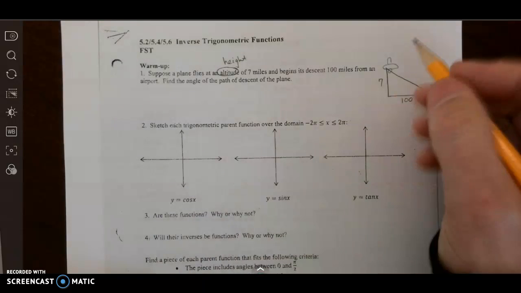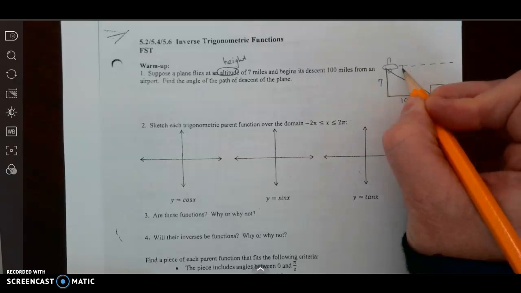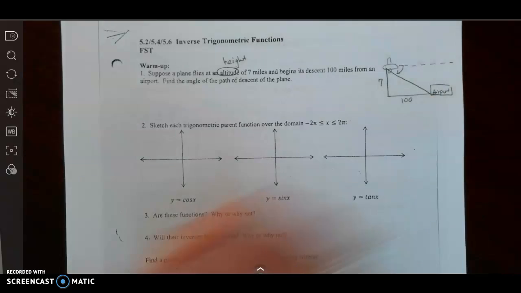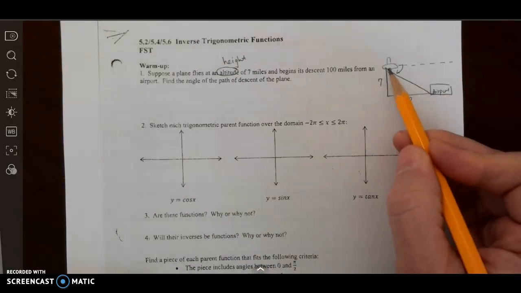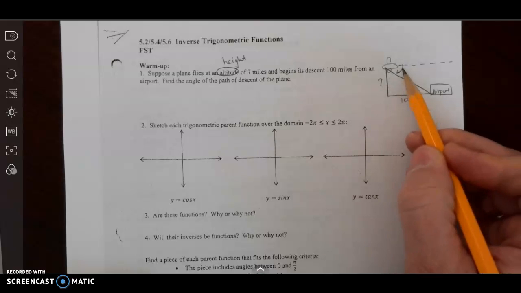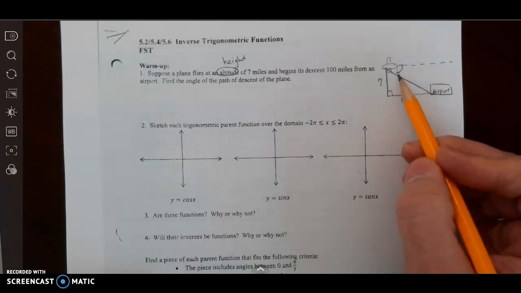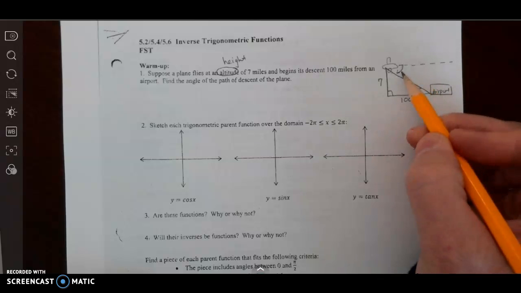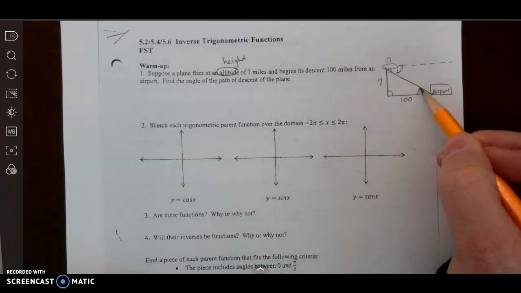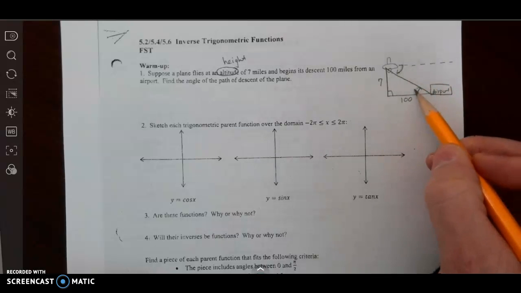Find the angle of the path of descent. Now, the angle of descent is what we call the angle of depression. So it's this angle here on the outside. It's not this angle. If it was this angle, this would be the plane nosediving, going straight down, going from here to here. This is the angle of depression. Well, as you should have learned in geometry, alternate interior angles are the same. So the angle of depression is always the same as the angle of elevation. So if we're looking for this angle, we're actually looking for this one as far as which one's inside the